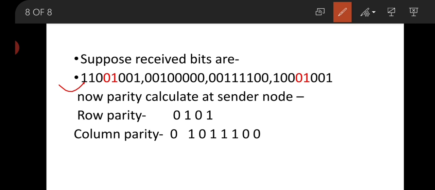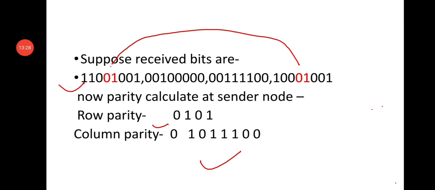Now see here two bits of the first data unit and two bits of the last data unit are changed. The parity calculated at the sender node is row parity 0101. Now we have calculated it, and the column parity at the sender end was this. Now at the receiver end, what will the parity bits be? Calculate what the parity bit will be.